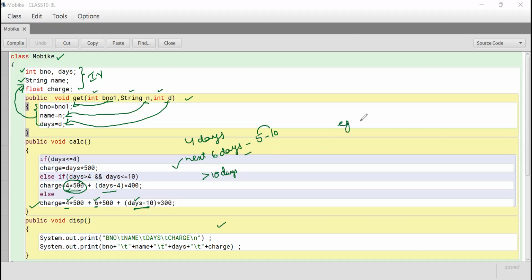I'll give you one example. For example, if your days are 12, suppose. So the first condition will be false, so it will not execute. Then when it comes to the second condition, this will be true. Therefore, the charge will be computed based on this calculation. And as per this, the charge is 4 into 500. For the first 4 days, you will calculate based on 500 per day. Right. The next 6 days will be calculated based on